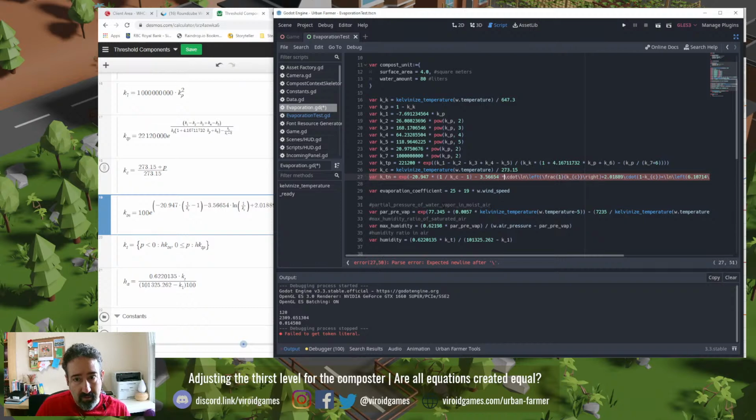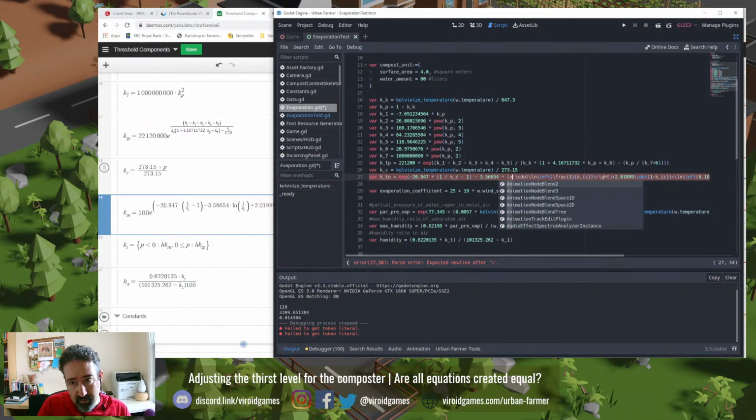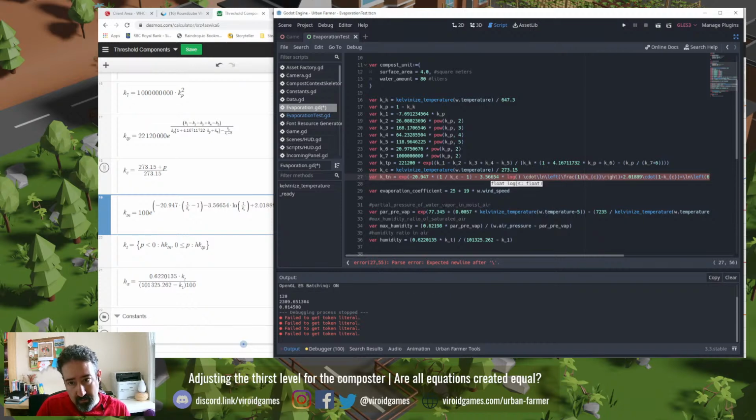This times, how do you write the logarithm? Log,